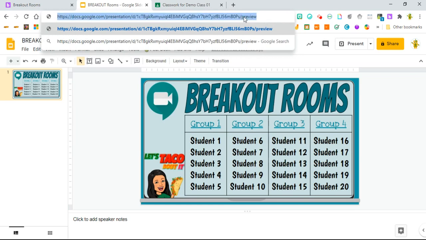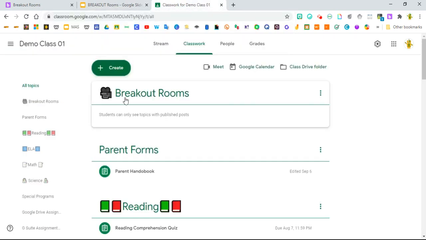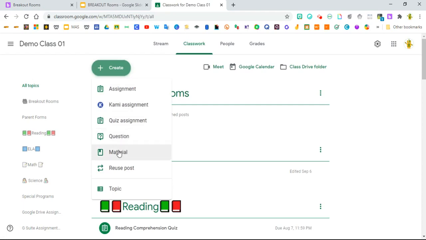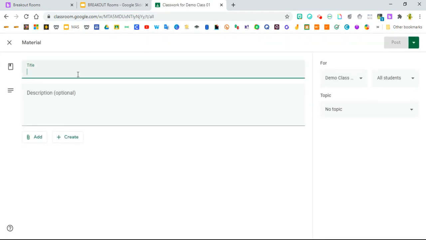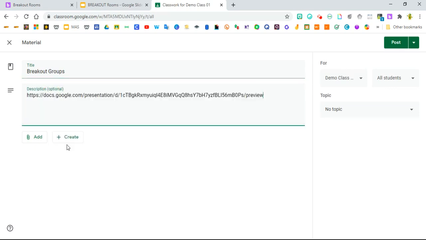Once you have done so, you will copy that link, and in your Google Classroom, you can create a breakout rooms topic and create a material with the slides preview link. You can title the material Breakout Groups, and you will insert the link in the description area. You can then post under your breakout rooms topic,